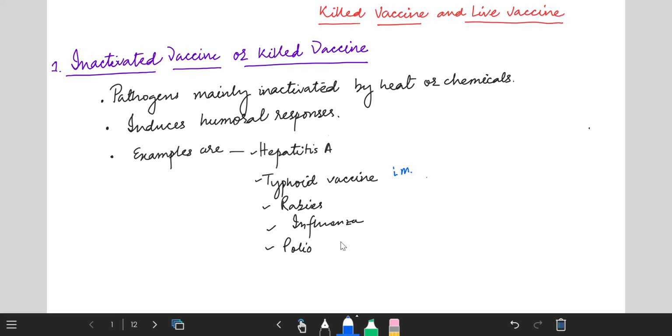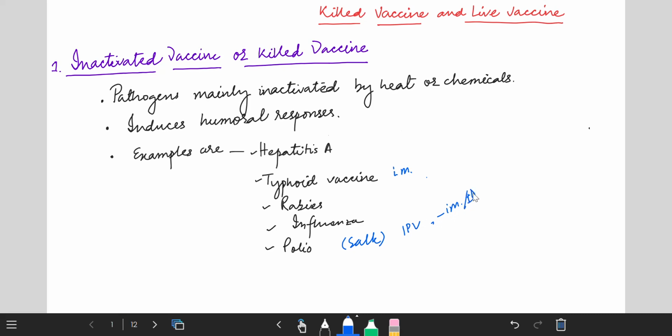Polio vaccine is the Salk vaccine. This Salk vaccine was developed by Dr. Jonas Salk in 1955, also called IPV or inactivated polio vaccine, which is given by IM route and